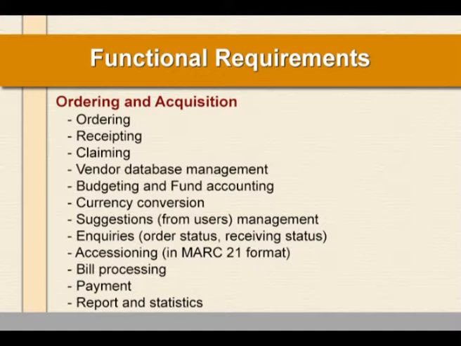That means in place of the offline requisition system, your library automation system can provide facilities through which users can submit their requirements online. Different kinds of inquiries, say what happened to my order, what is the order status, what is the receiving status, can be served over the user services or user interfaces.